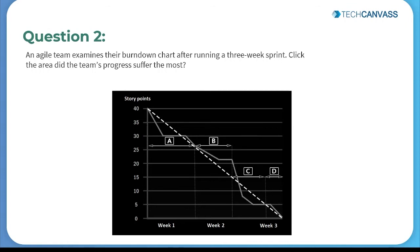A is the first week, B is the second week, and the third week comprises C and D. So let's closely look into this diagram and understand where the team's progress has suffered the most. So looking at the diagram, at phase B, the team started with 27 story points as planned and finished with only 22 story points. Can you see the graph going down from 27 to 22, wherein A it is 30 to 27,